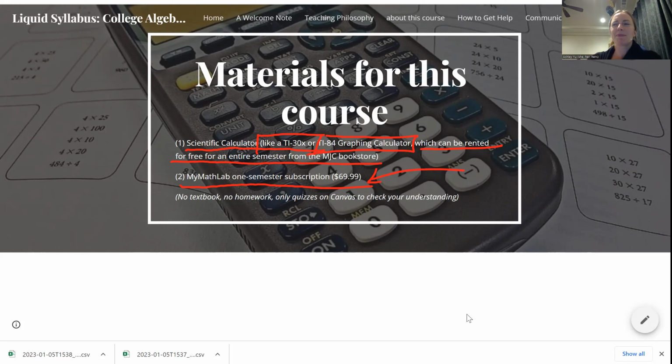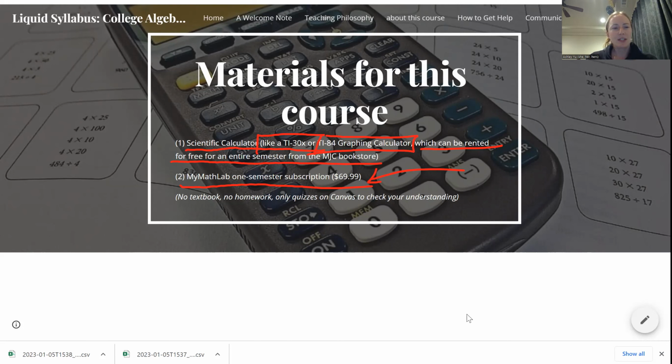It would be only if you drop this class and you take it again next semester, like in the summer or in the fall, then the more expensive option is good because it'll cover this semester and next semester's class. So you won't have to pay for it again. But that's only if the next class you take next semester, summer or fall, uses the exact same textbook. And no other class at this school uses the same textbook as Math 111 except Math 111.